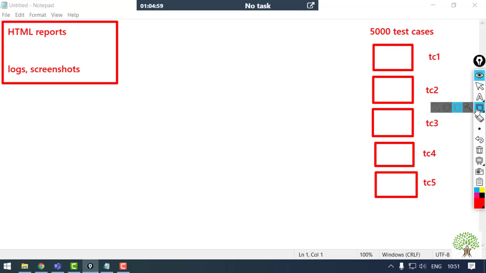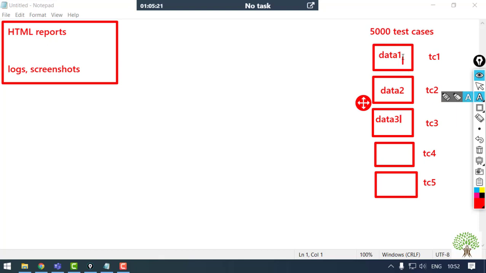Right. The same way, if you have 5,000 test cases, then there is a possibility that test case 1 has some different data, test case 2 has some different data, and the same way all the test cases may have different data or may be sharing the same data. That's a possibility.